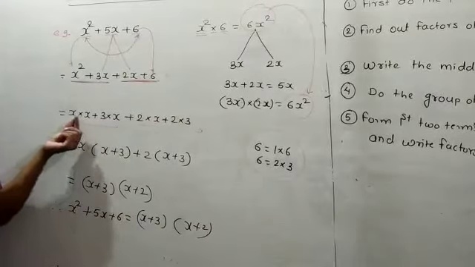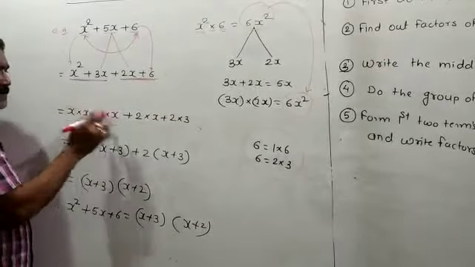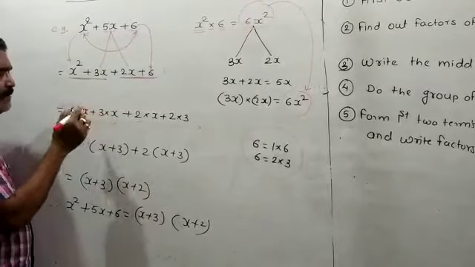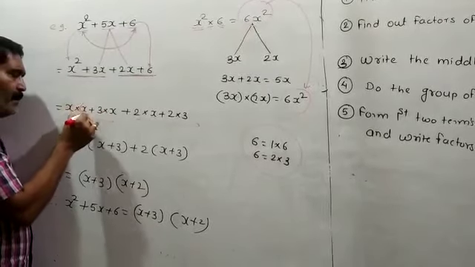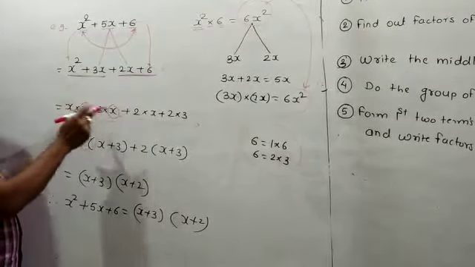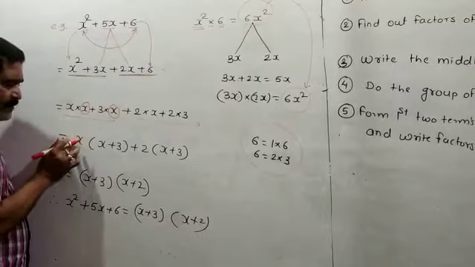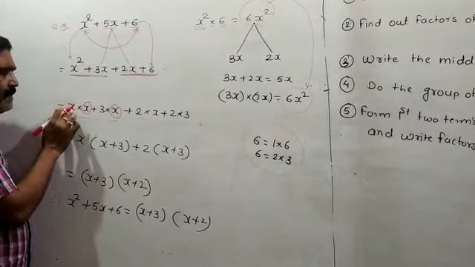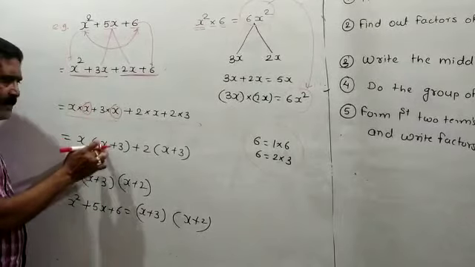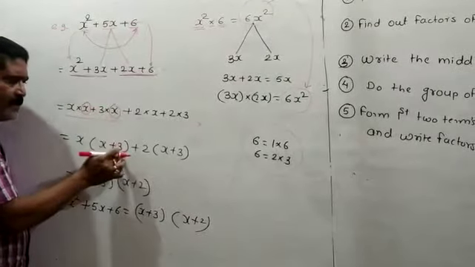Then the next step is that in between the first two terms, this is the first term and this is the second term, you have to take out something common. x is present here, x is present here also. So you have to take out x common. Means this x you have to write outside the bracket. Whatever be the remaining things, you have to write in the round bracket. What remains? x remains. x you have to write here. Plus sign here you have to write. 3 here you have to write.